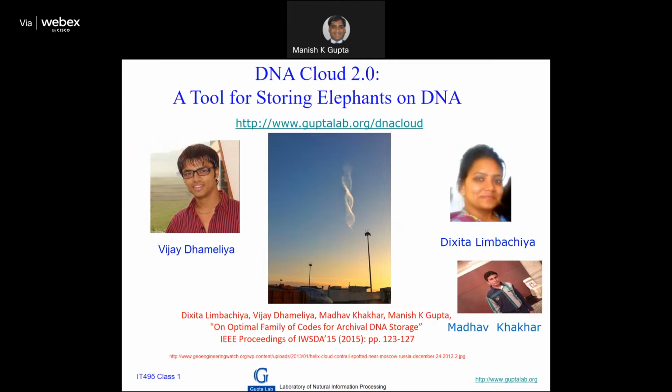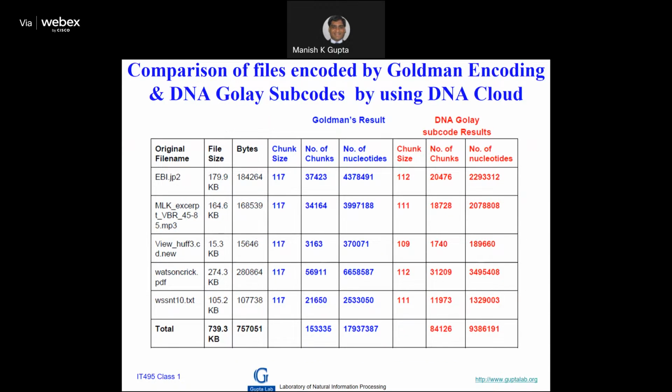So we modified another version of DNA Cloud. This time Vijay Dhamilia. I think you must be knowing Vijay is now a sadhu in ISKCON. So after this work, he got a PhD at Iowa State University, but he left that, and he's in Ahmedabad. You can meet him, ISKCON. Okay. So that also happens after doing this kind of work. So here is a comparison of the Goldman result, and you can see that the amount of nucleotides ACGT that we use is very less as compared to Goldman, with our method.